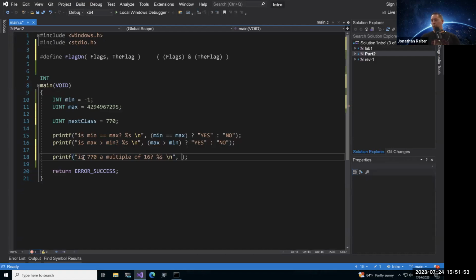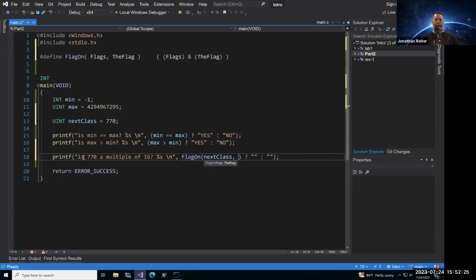Then we're going to do our ternary operator, and we're going to use our flag. So flag on, question mark, quotes, colon, quotes. That's just how I get things prepped. I get the format down, and then flag on. The flags we're passing in here is going to be next class.